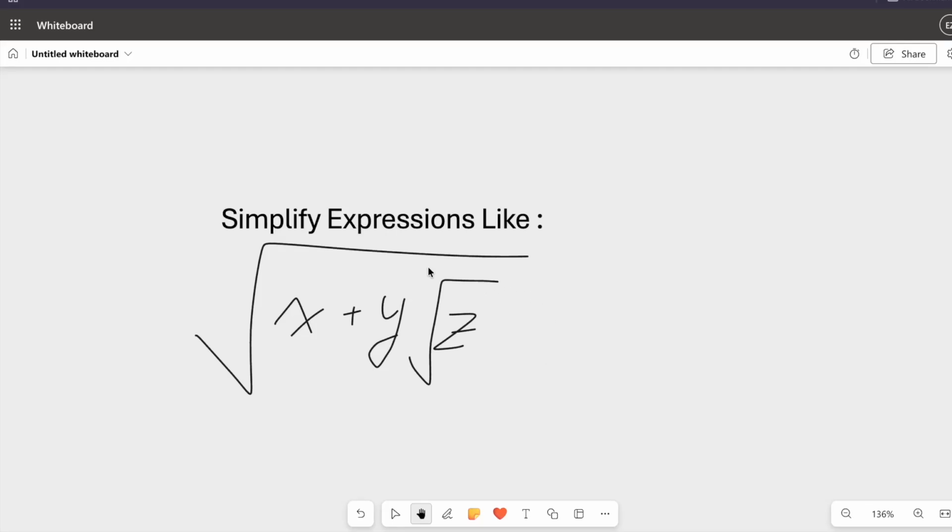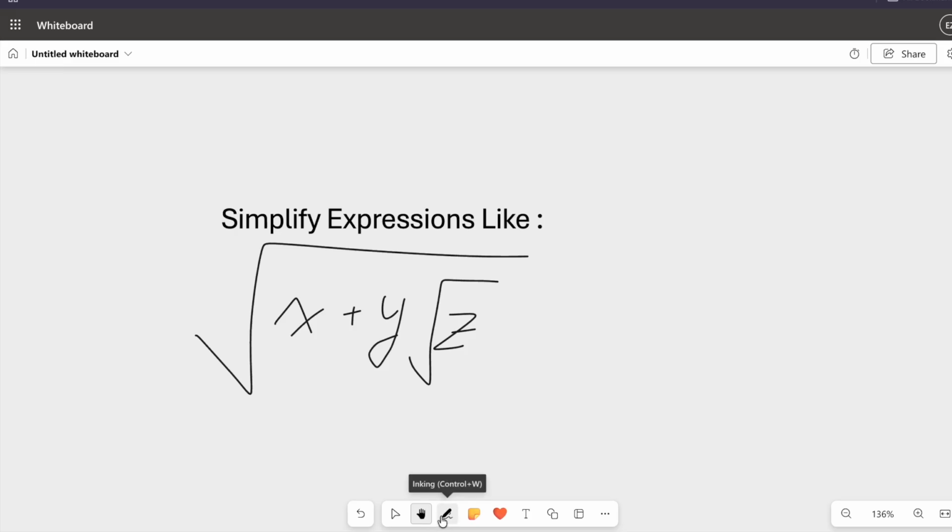While we see an expression in the form like square root of x plus y times square root of z, it is really weird to see a square root under a square root. And this is our biggest hint to simplify this kind of expression. To think about this kind of problem, we need to think about the relationship between the square root and the square. Since square root is an inverse function for the square,